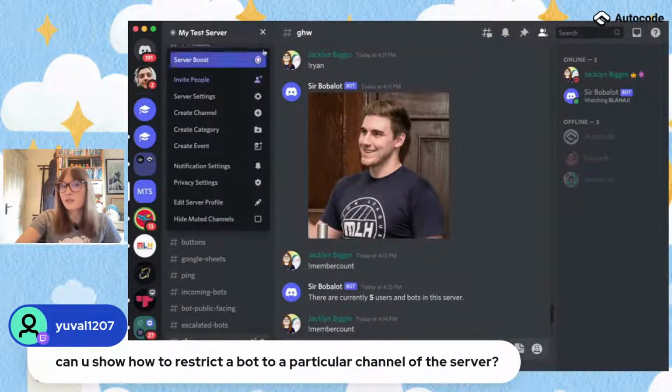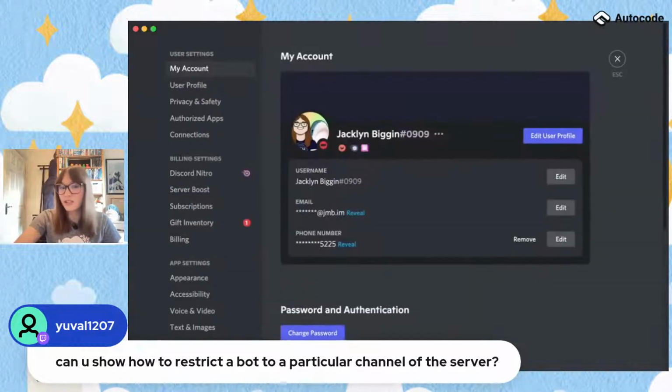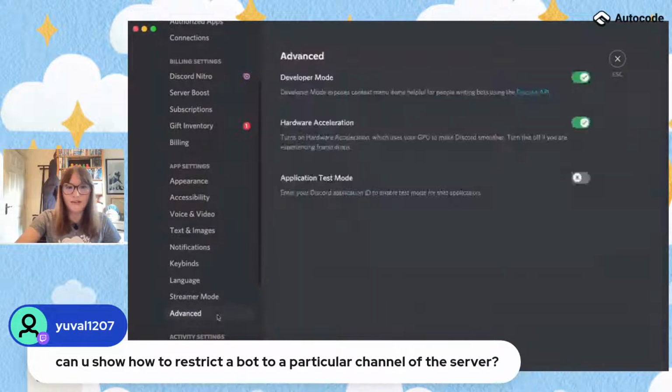If you've not already, you'll want to enable Discord developer mode to get to this next step. To do that, click at the top corner where it says your server's name. No, actually, sorry. Click on the little cog icon at the bottom, next to your name. I think it's under Appearance or Advanced, maybe. Yeah, under Advanced, there's an option to turn on developer mode. So you'll need to do that to do this.